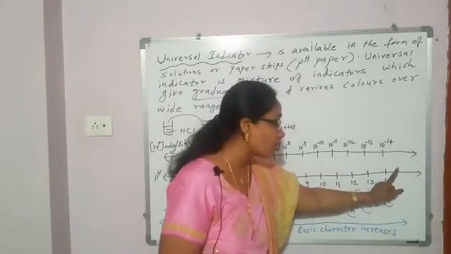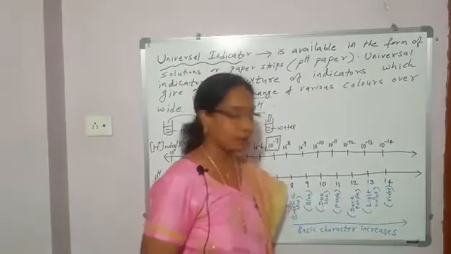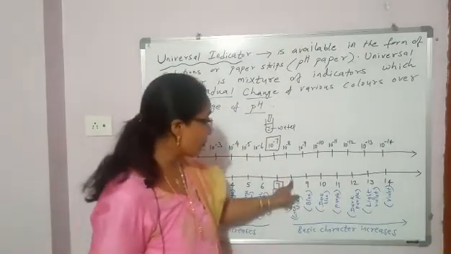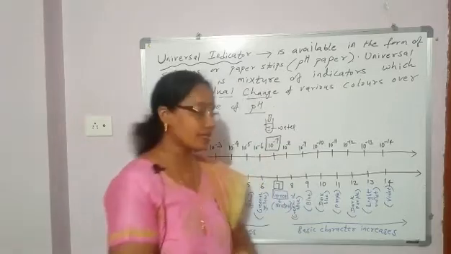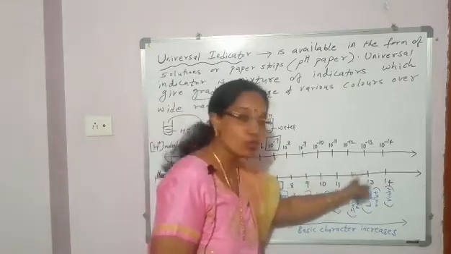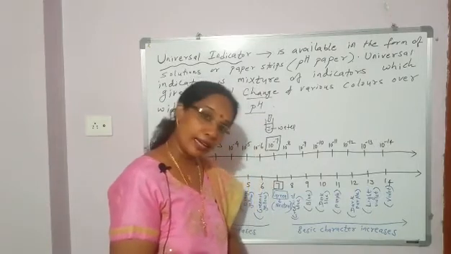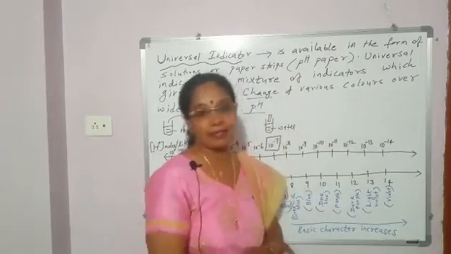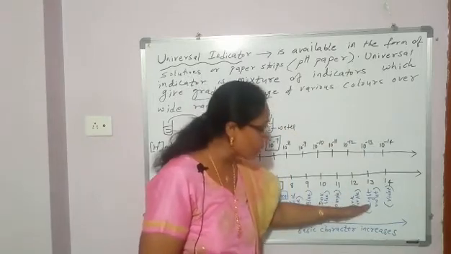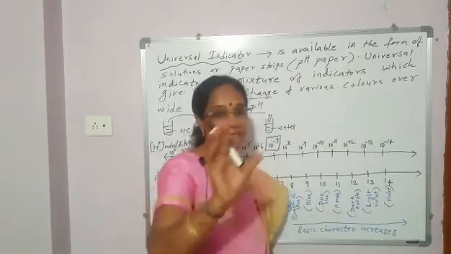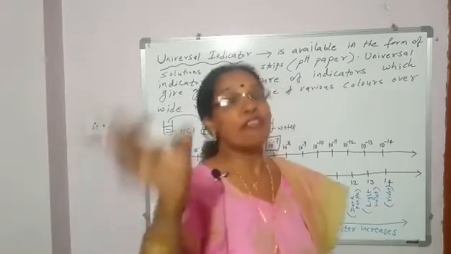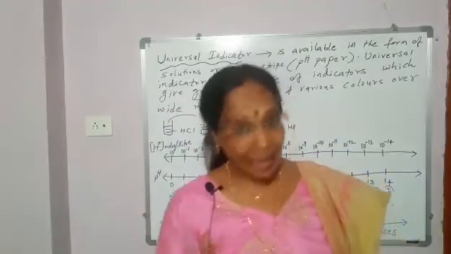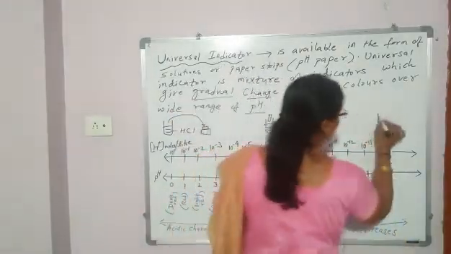Means if pH is 14, strongly basic. If pH is 7 or 8, or 8 or 9, weakly basic. If pH is 10, 11, 12, then moderately basic, and 13 to 14, strongly basic. And by the change in color with pH, you can identify whether the given solution is weakly basic, moderately basic, or strongly basic. Like if sodium hydroxide solution is given to you,